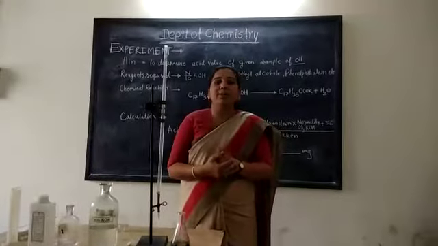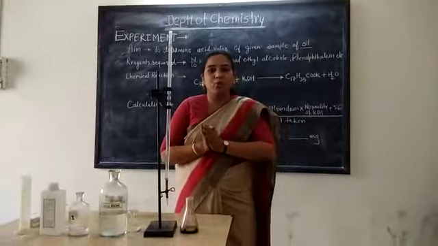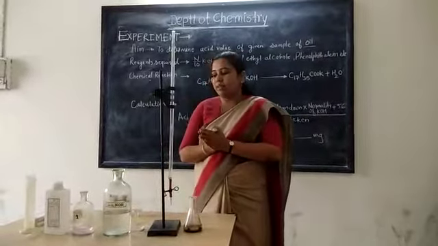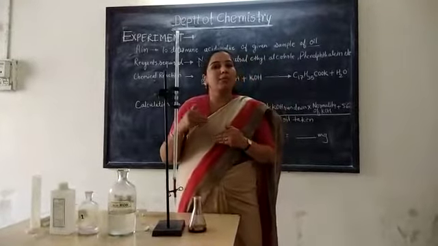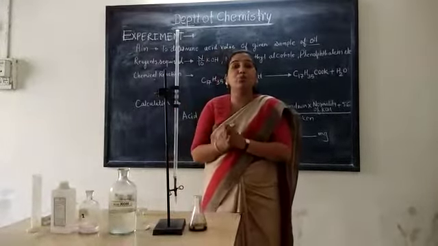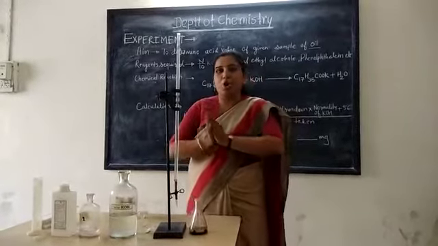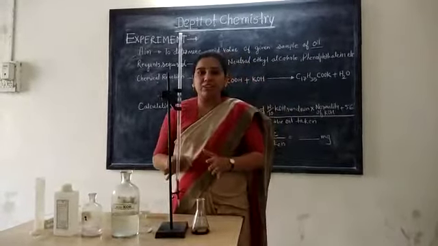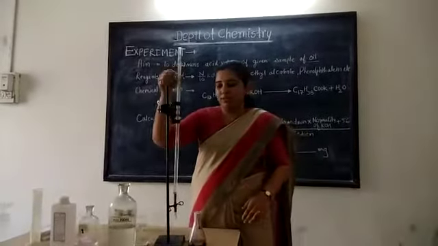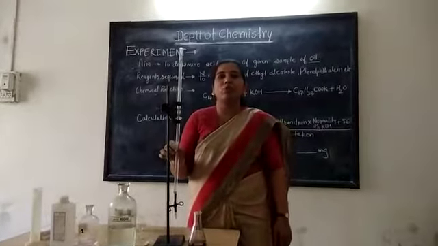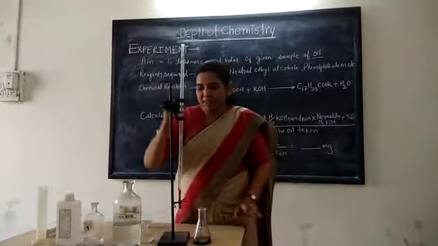it is being calculated with the help of KOH, because we know that KOH is a base and the acid value is to be determined. So with the help of a base, by the process of neutralization reaction, we will carry out this titration experiment. First of all, this glass tube here is called a burette. The burette is attached to the burette stand.